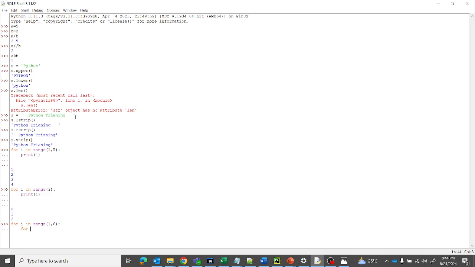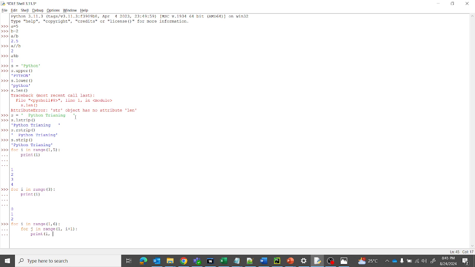Okay, for j in range 1 comma I plus 1. That means I times it has to print. Second loop is for how many times? First loop is for number. Second loop is for that number how many times you have to print. The number times you have to print. One time, two times, three times, four times. So j is for that number times. Okay. So here first loop is for I number. Second loop is I times. Okay. Should print. Then print